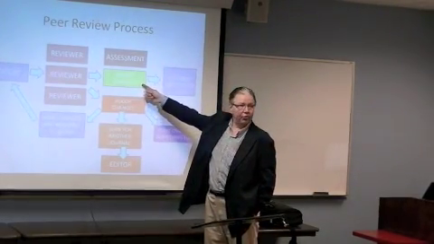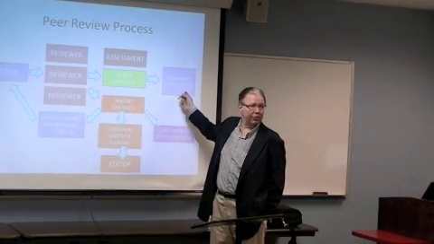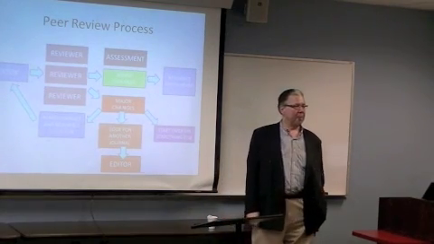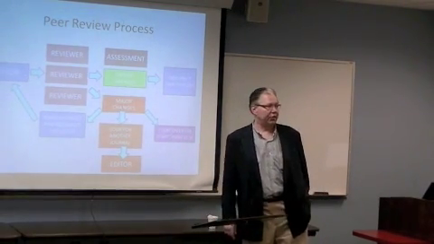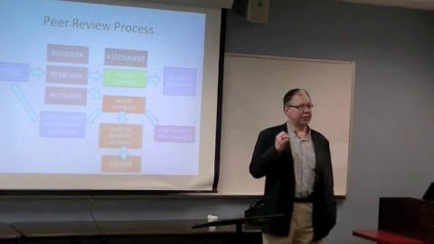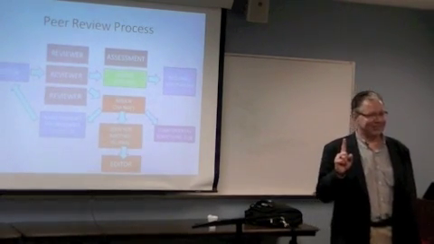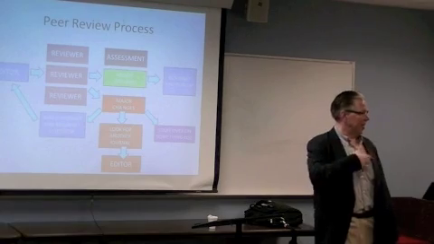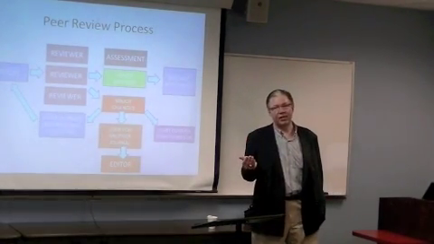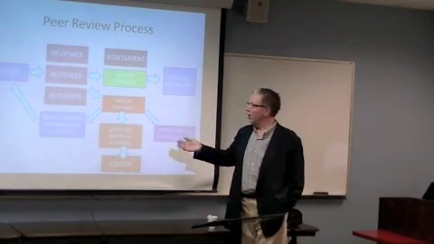Minor changes, usually you make those changes, resubmit it to the editor and get published. Major changes, you have a decision to make. Number 1, do I really do all these changes and cycle it back again? Because the problem here is your article can only be published in 1 journal. So you can't just all of a sudden send it out to 4 journals. So you're taking a chance here to send it back again and get it rejected again, and then it's known out there, well then she went to another journal.